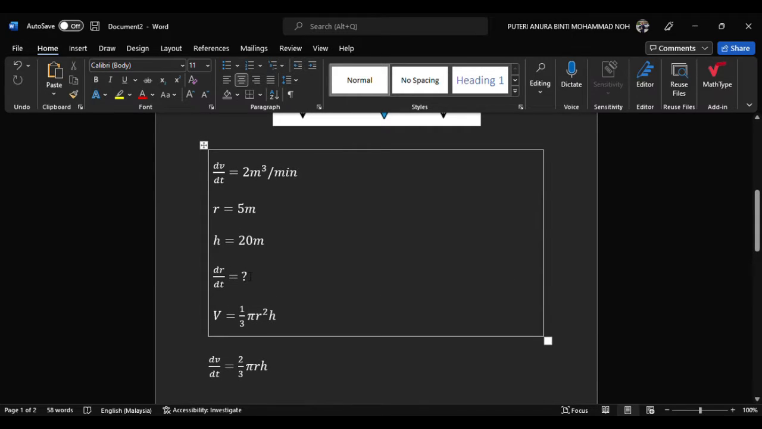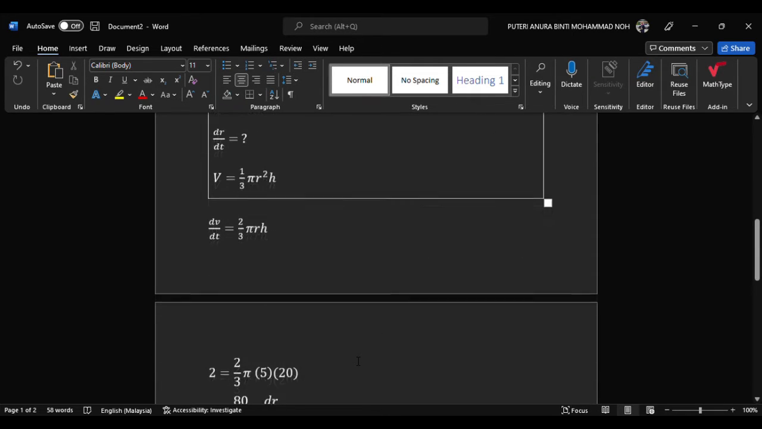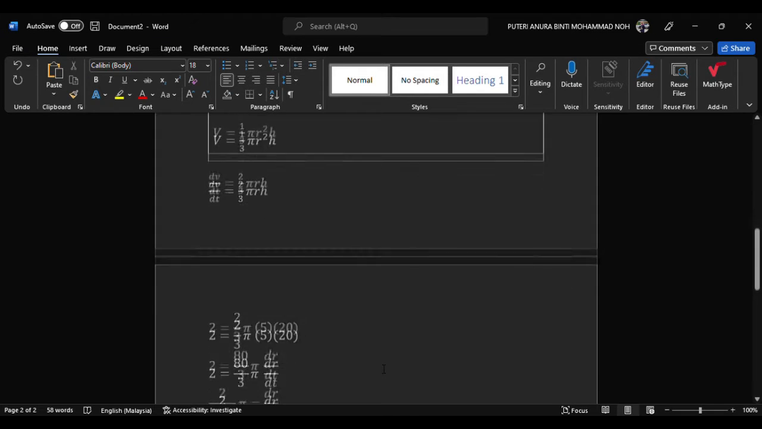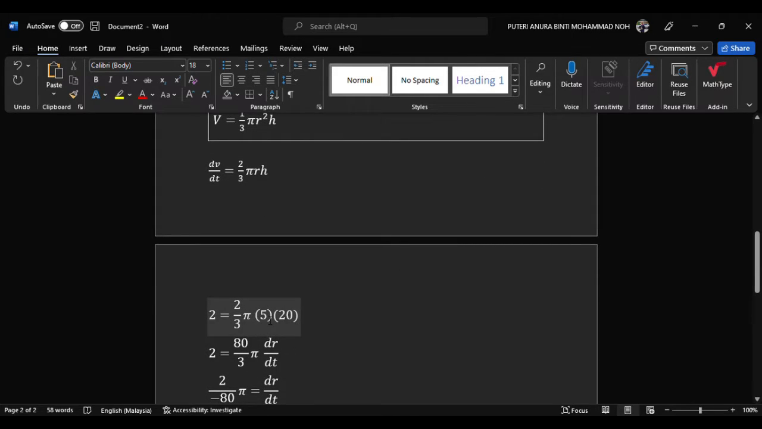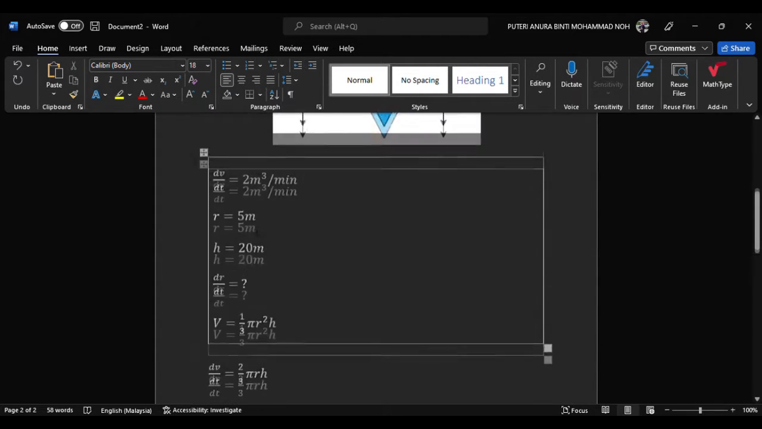This is the information that I have extracted from the question, and the formula for the cone is V = 1/3 pi r squared h. So first we need to find the derivative of the formula. I have differentiated the formula, which is dV over dt equals 2/3 pi r h dr over dt. And then we substitute the information that we have, which is dV over dt is equal to 2